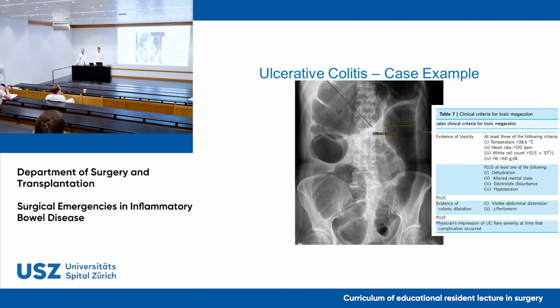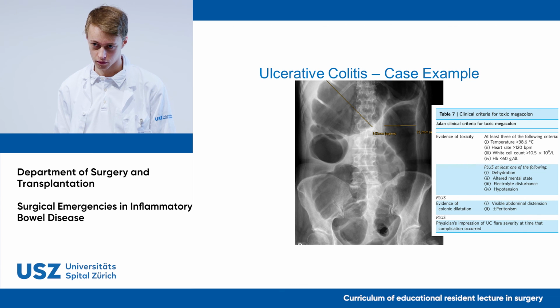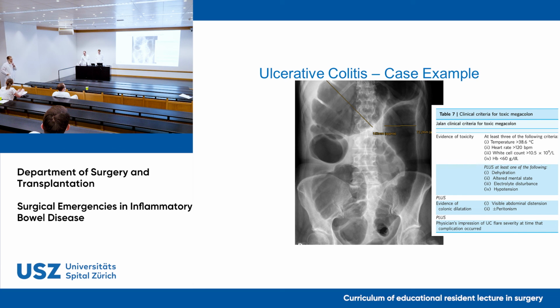Thank you very much. So if someone has had a toxic megacolon, even if it resolves, how big is the risk of recurrence? I don't know how big the recurrence is. I don't think there are any data, but the patient Professor Turina just mentioned, I saw her last week and she's fine. She definitely doesn't have a toxic megacolon, but she's still highly inflamed. I'm not sure if we can save the colon with our medication. Maybe at the moment, yes, but I think the risk that this patient needs a colectomy in the future is very, very high.